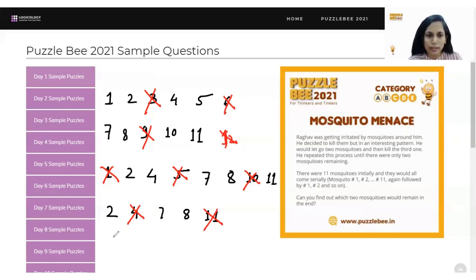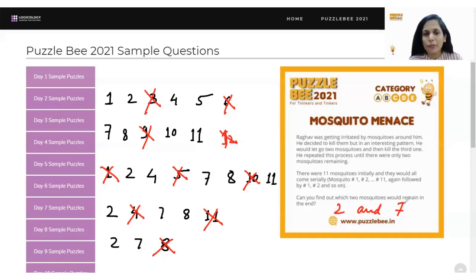Those are the only 3 surviving mosquitoes and you have 2 safe seats. So let's find out who's the unlucky one here who would get killed. 11 has already gotten killed. So what would happen after that? You have 2, 7 and 8. So 2 is safe, 7 is safe, 8 is the one who will get killed. So our final answer here, which 2 mosquitoes survive? It's number 2 and number 7. These are the 2 which get saved.